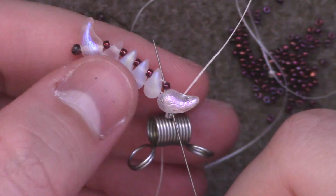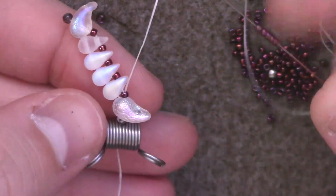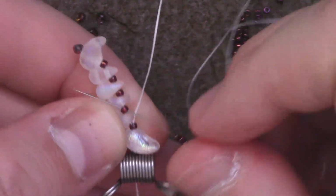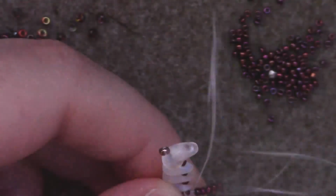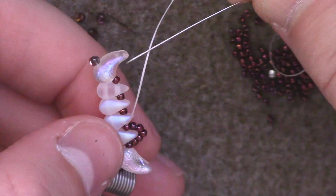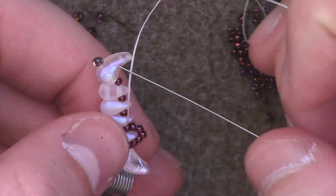Then I'm just going to go through the Zoliduo and the 15. If you want to make this extra blood-ridden, you can add 5 size 15 seed beads and pass through the next size 15 so that this wraps around the Dropduo like so, and complete that all the way around. If you don't want to do this step, just pass straight through and up to the size 11 seed bead